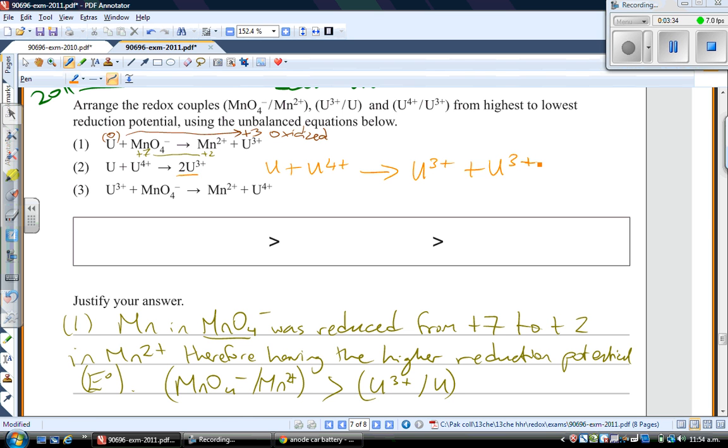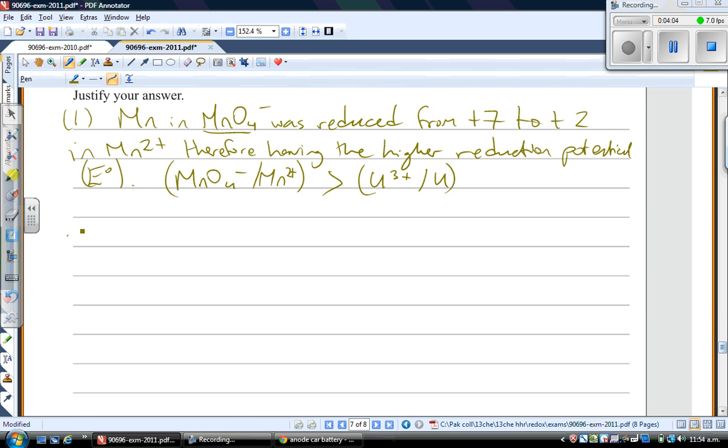Now if you look at the equation in that respect, you can see that the elemental uranium has an oxidation state of 0, and then going to +3. So from 0 to +3, that is oxidation. Whereas from +4 to +3, that's reduction. So equation 2, let's scroll down a little bit. Equation 2 tells us,